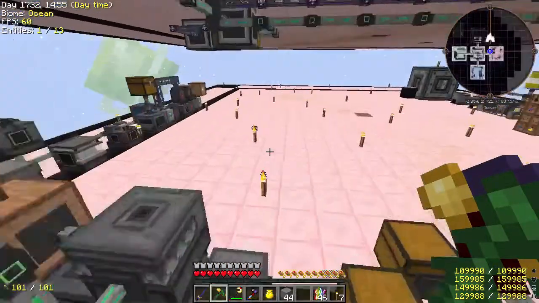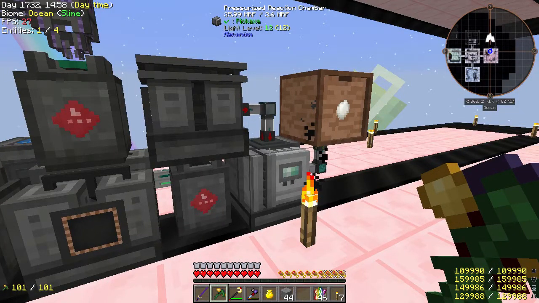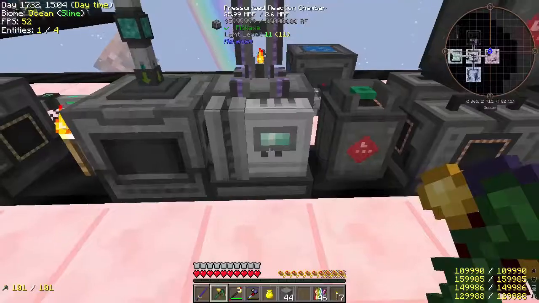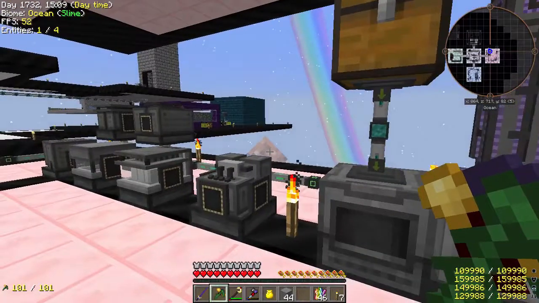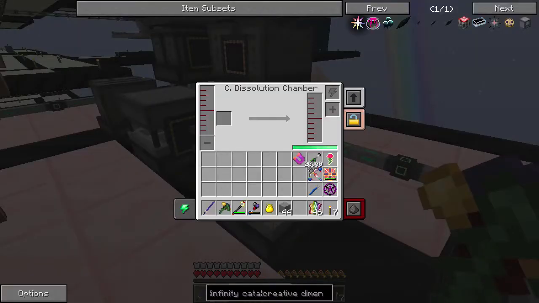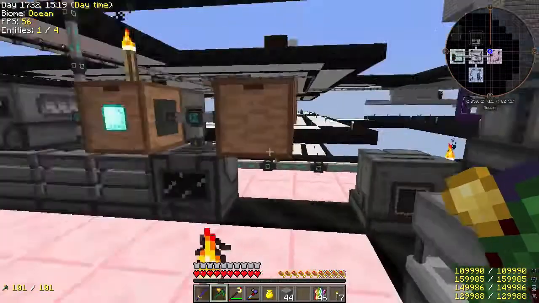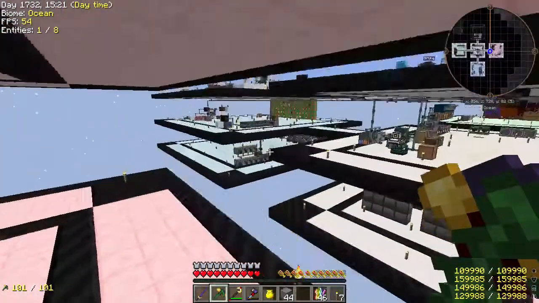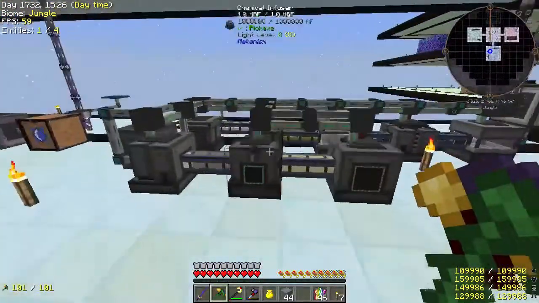This is going to be a little bit of a pain because that's for that. Hydrogen, PRC. We had a little bit of an infuser thing. So we still have some slurry in there. That's the unfortunate part. So basically we need to do this whole thing